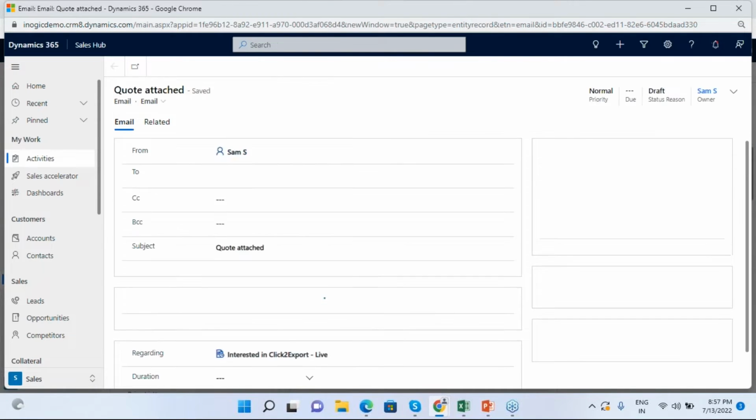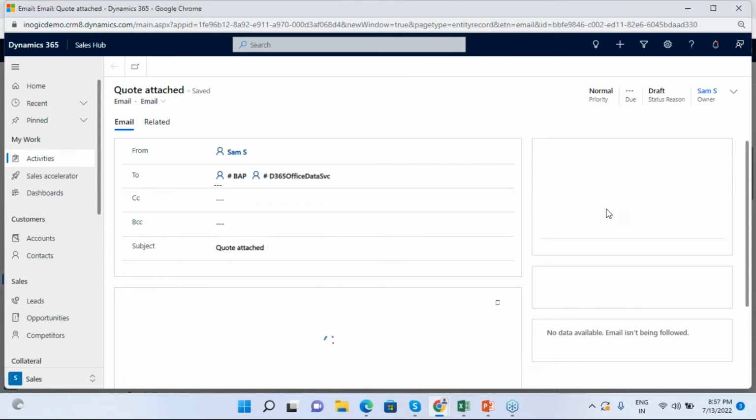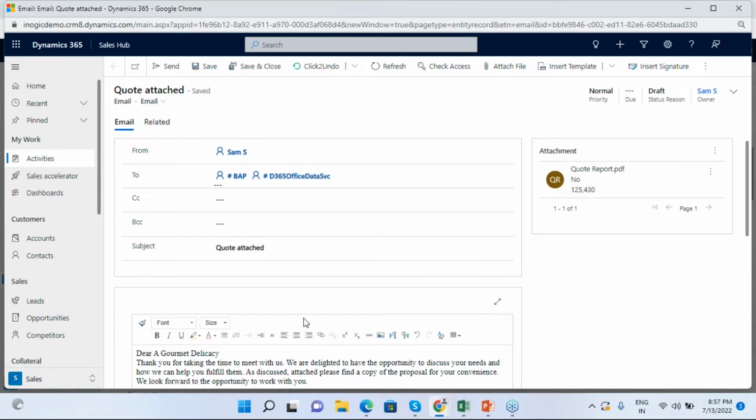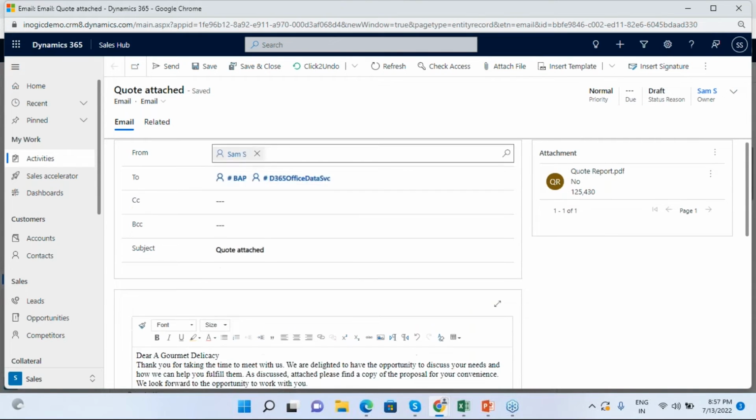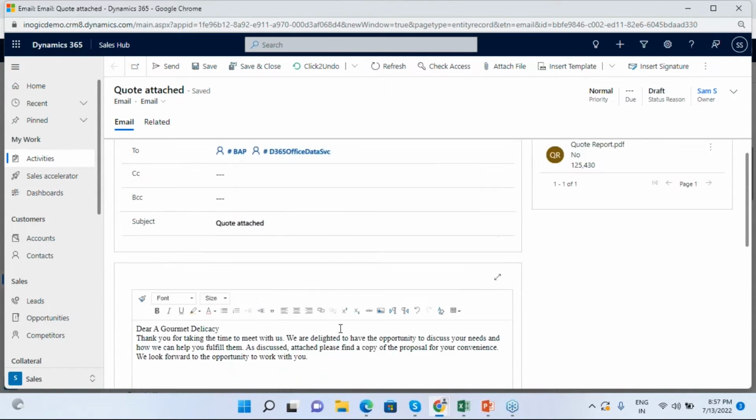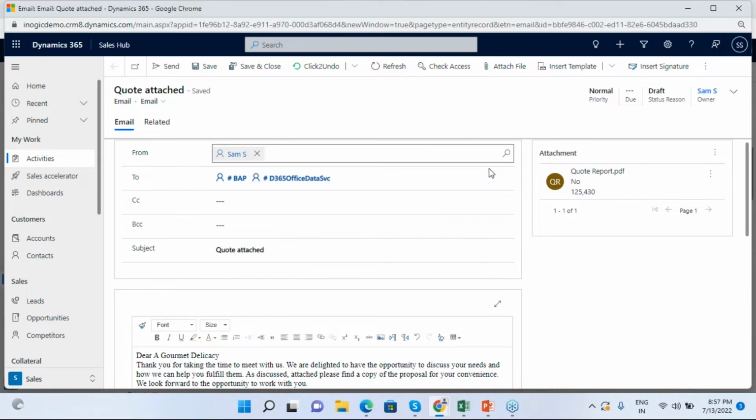The file has been added as an attachment against this record. And this is the template that we selected while configuring it in the UI. So this is the template, and the file has been added as an attachment with the sender and the recipient that have been set. You can just click on the send button so that the report will be sent